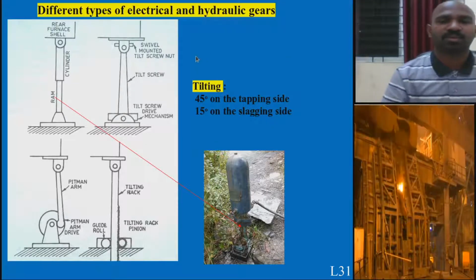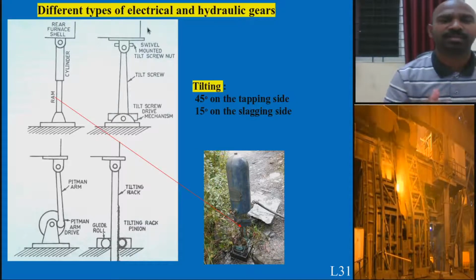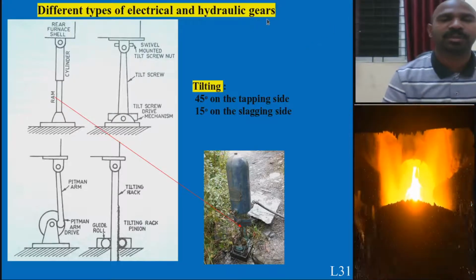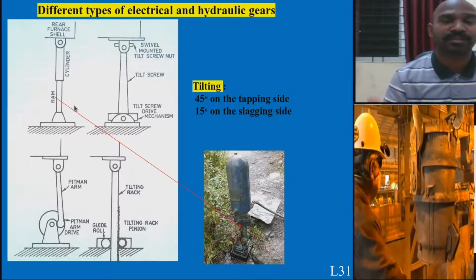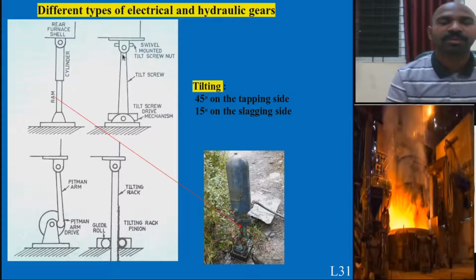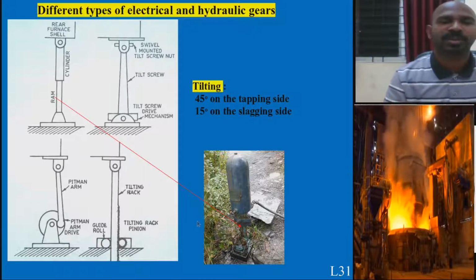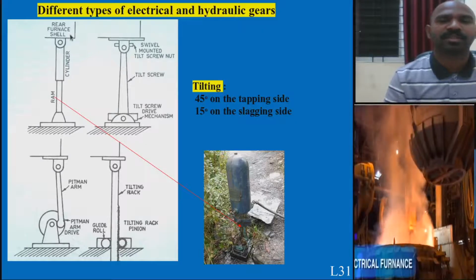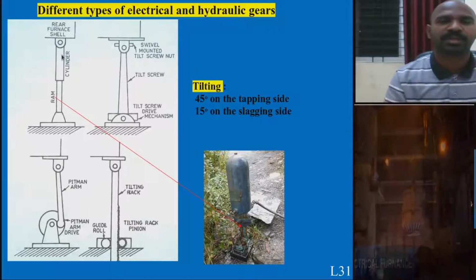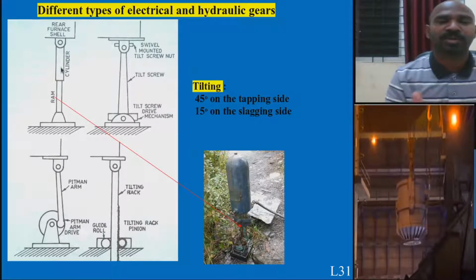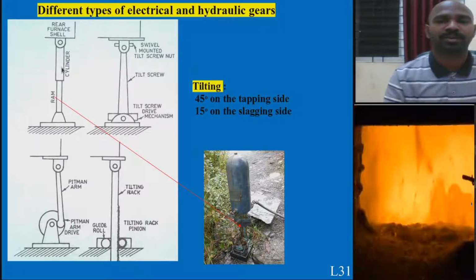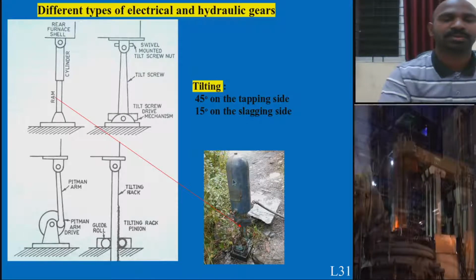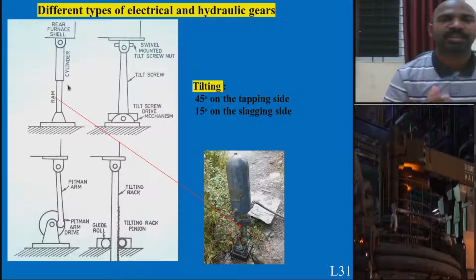There is another part called furnace movement. You use either electrical based gear or hydraulic based gears. There are 4 different types of gears in practice. Ram based gear, which is typically in practice in most electric arc furnaces. Ram, and there will be a cylinder which has liquid oil. So with this, when you are moving from bottom to top with the mechanical motor, it lifts out.